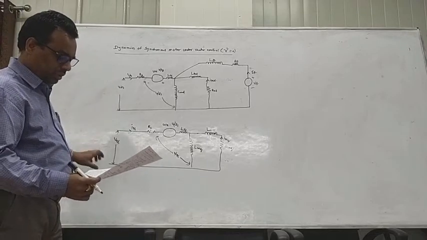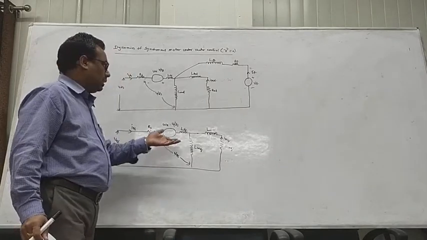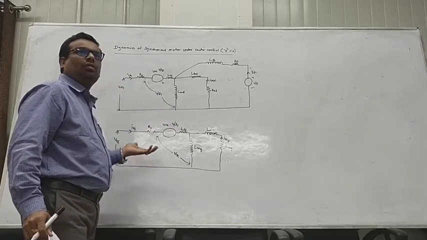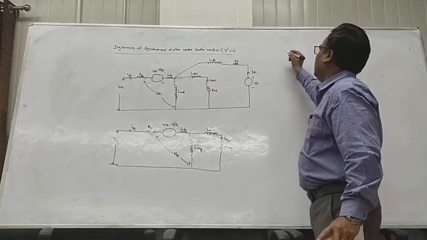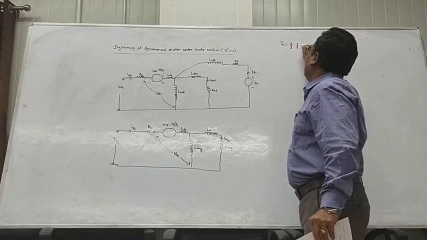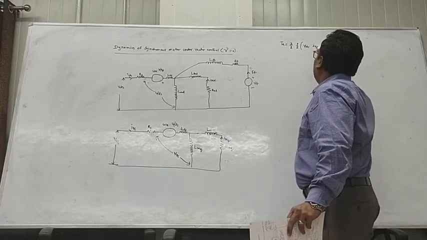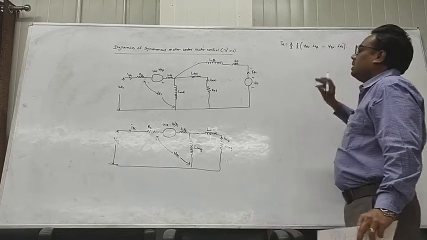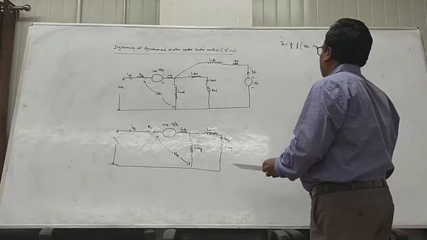With these variables, all the above parameters, with respect to direct axis and quadrature axis, are referred to the primary side of the circuit. If you consider the torque equation, as you know, the torque is equal to 3 by 2 into P by 2 into psi ds into IQS minus psi QS into IDS. So this is the basic torque equation. If you rewrite this equation, we will get the following equation.